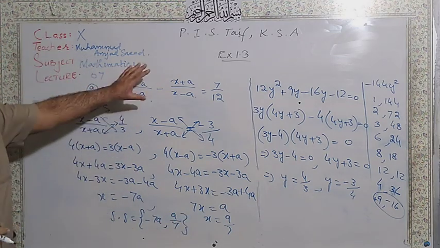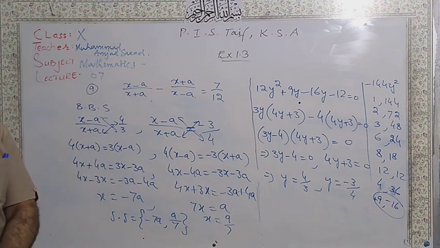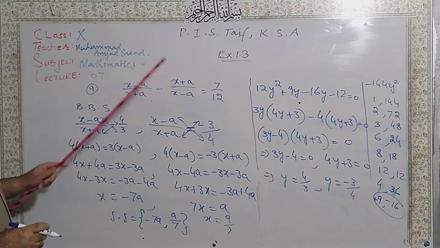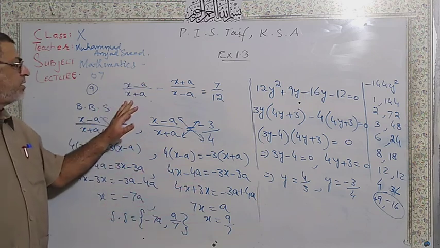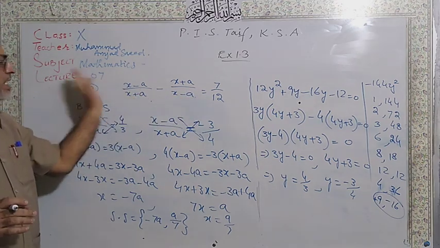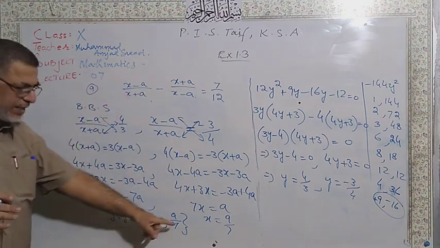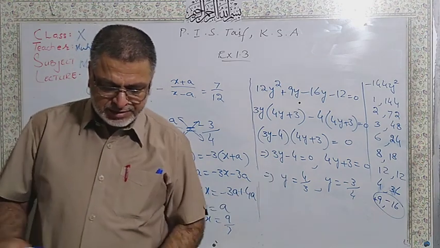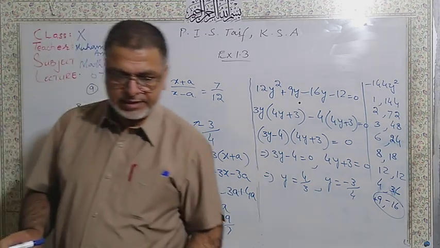Dear students, I have considered this to be equal to y and this to be equal to 1 over y. Even then, if you don't substitute, you can take 12 into (x minus a) into (x plus a) as the LCM, multiply throughout and then find your answer. You will find the same answer. There will be no problem if you use the other method. I hope that you can understand